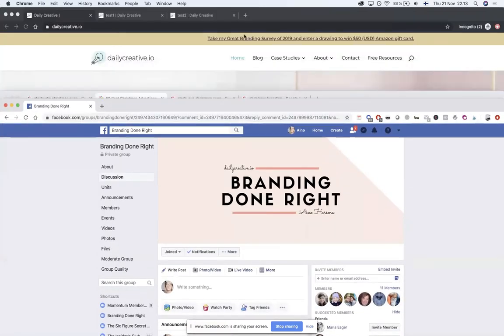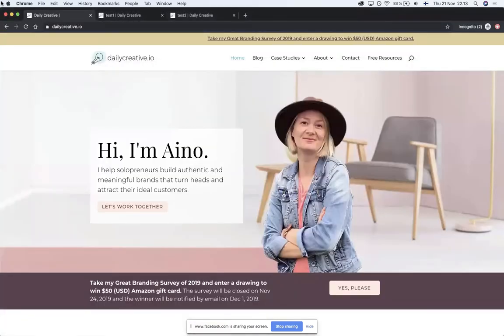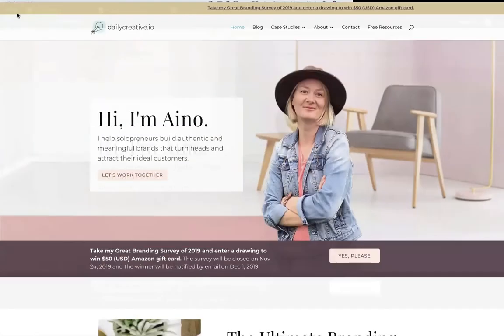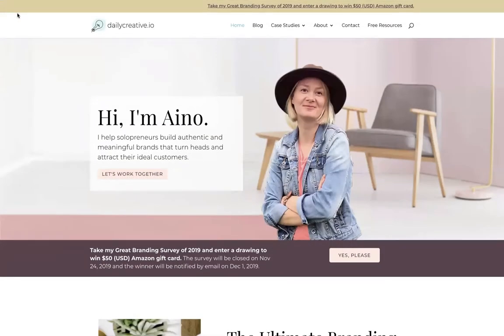Okay, here we go. This is my website at the moment. It's a little bit in the middle of rebranding. I'm changing colors and whatnot, but this is the stage we're at. So I have my picture there. I have this color palette of these pinks and this dark kind of browny purple.